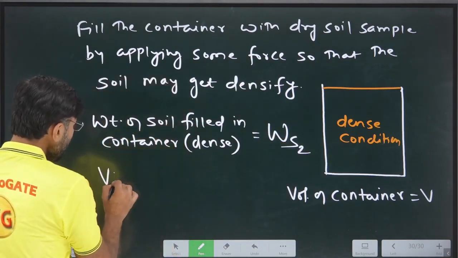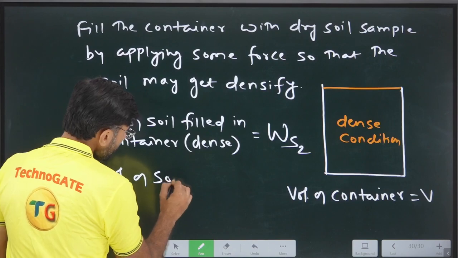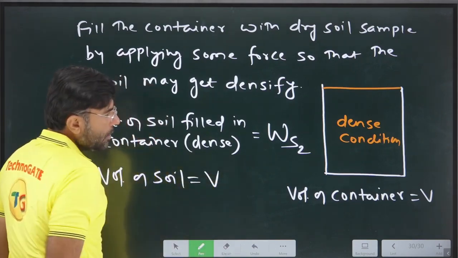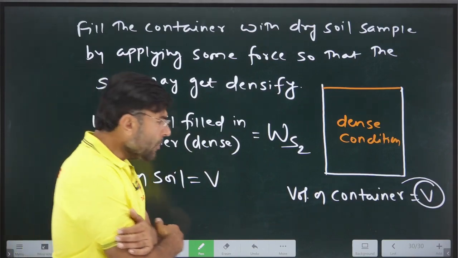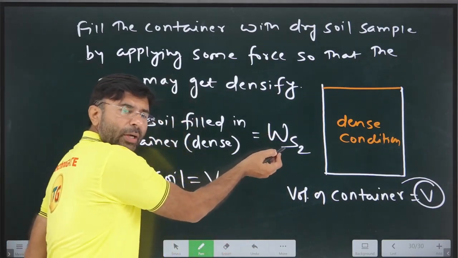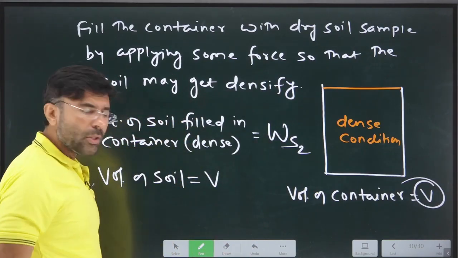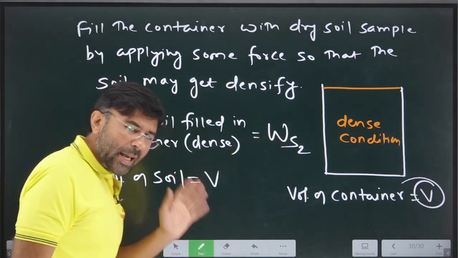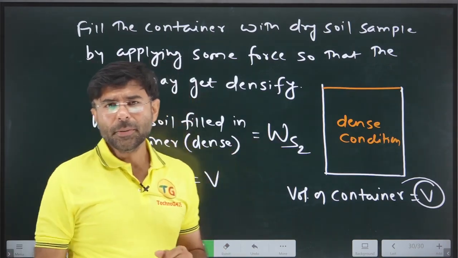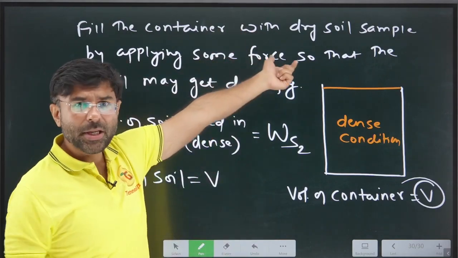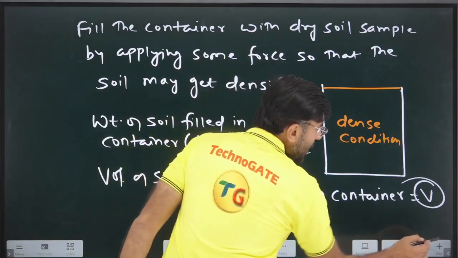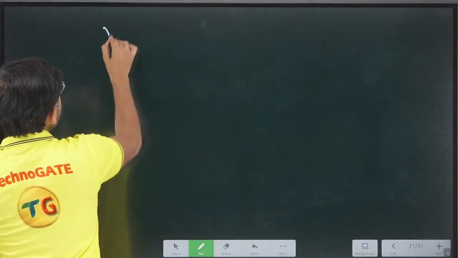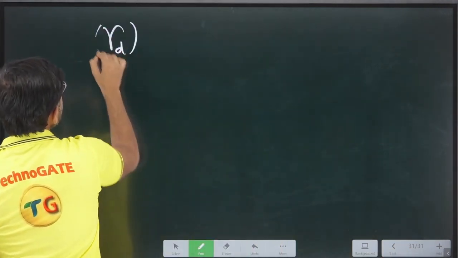Volume of the soil will still remain the same as volume of the container. So from this, I am having the value of weight of the soil. I am having the volume of the soil. From weight and volume, can I again calculate the unit weight of the soil? And since the soil was dry, the unit weight which I will be getting will be the dry unit weight. So I'll calculate the dry unit weight, and this dry unit weight of the soil will be under the